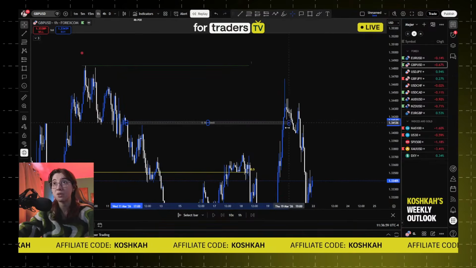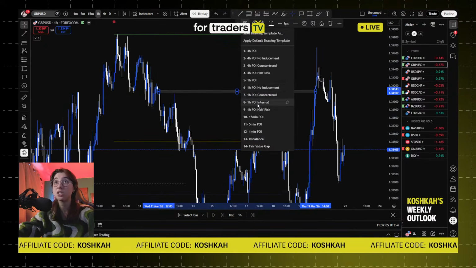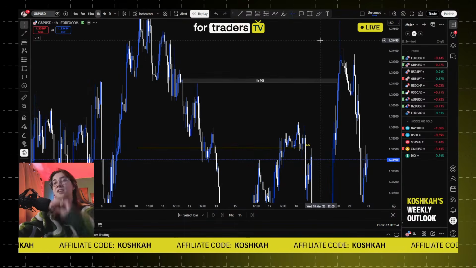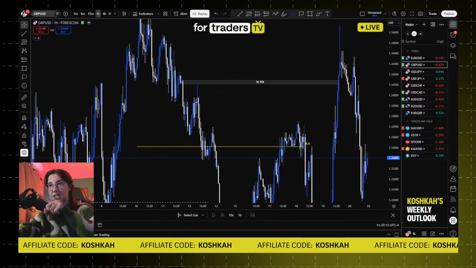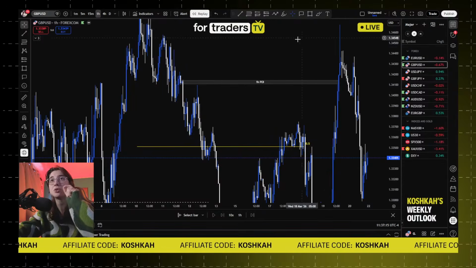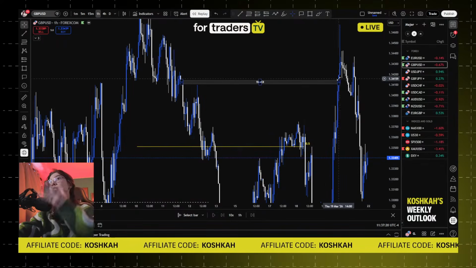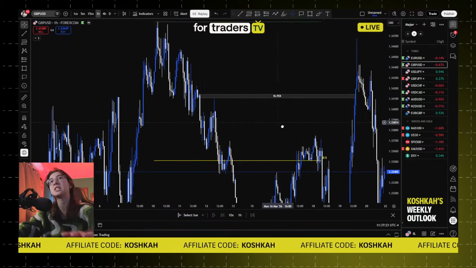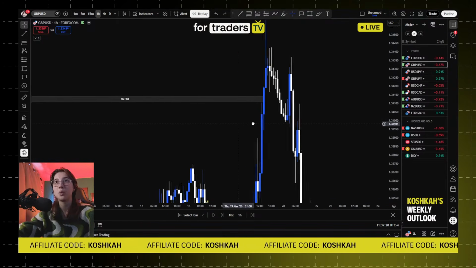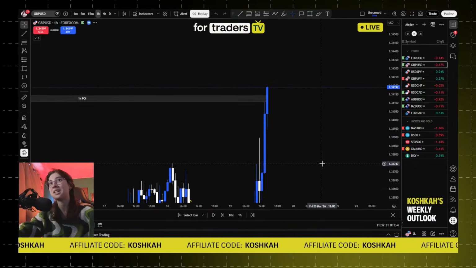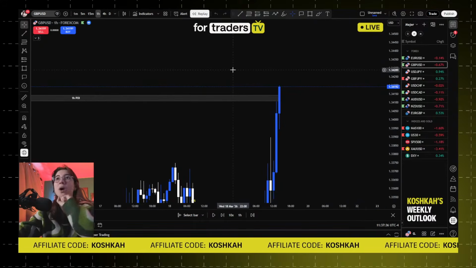So as you can see, what I was talking about, guys, how to see if a POI is invalidated or not is pretty simple. If you want to see if the POI is invalidated, you need to go on the same time frame that the POI is, and like I was explaining, wait to see if it closes above the POI. This was the 1 hour POI that we're looking for a sell, and when the price went inside of it, we closed above the POI. So straight away, you know that this POI is no longer valid.